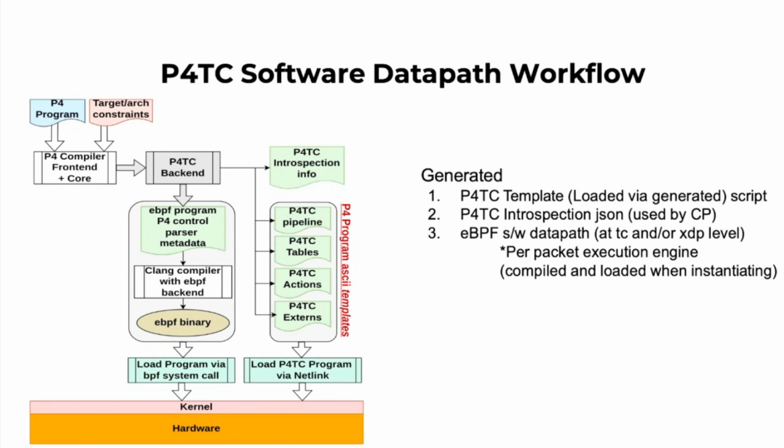If we look at this diagram, it's showing the main components in the software design. On the top left, you have a P4 program that is fed into a compiler. The compiler has a P4TC backend in this case. The P4TC backend is going to generate 5 to 6 files. Two of those files are eBPF programs that include the logic for the parser, the control block, and the deparser. These programs are then compiled into eBPF bytecode and loaded as an action when we do a TC filter add.